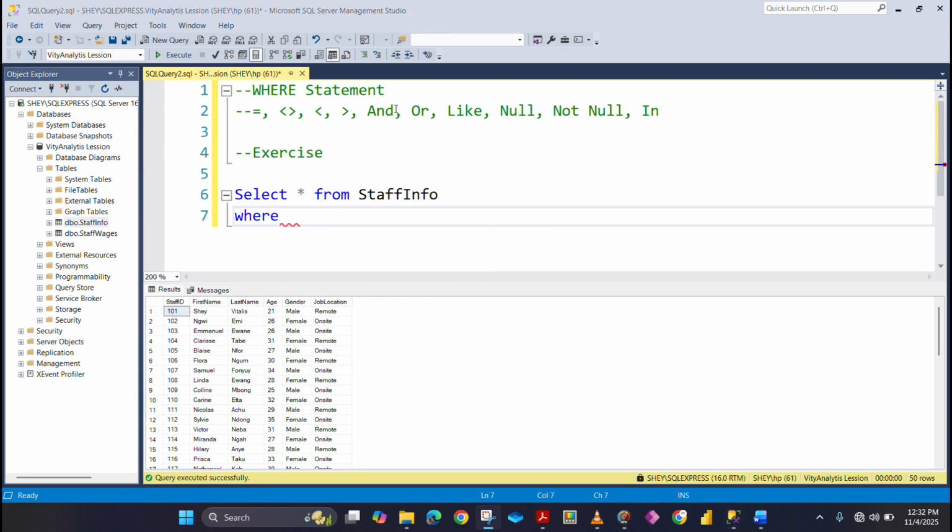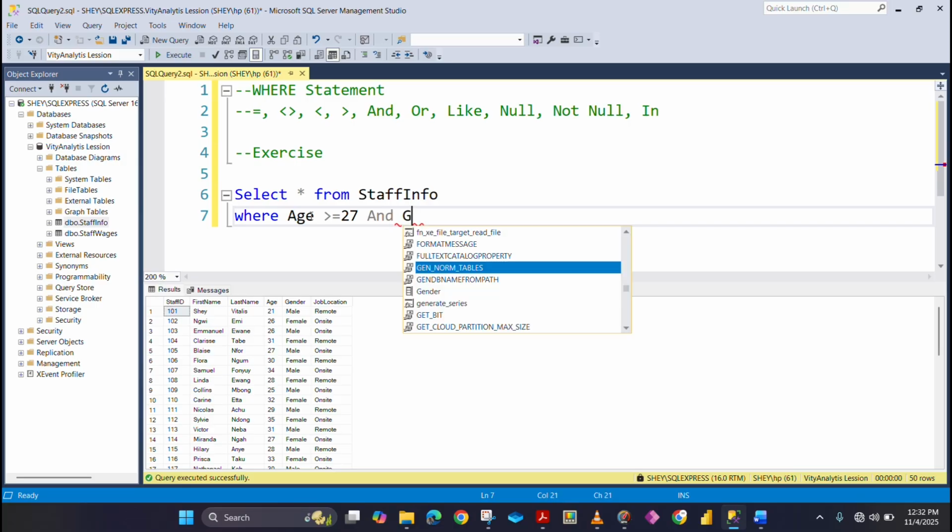Let us see how we can use the AND operator as well. So I've just gone back to our staff info. Let us select age, where age is greater than or equal to 27,